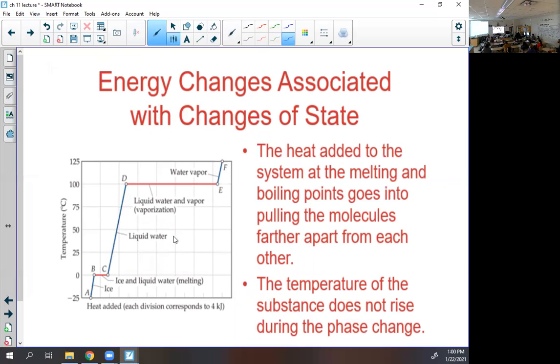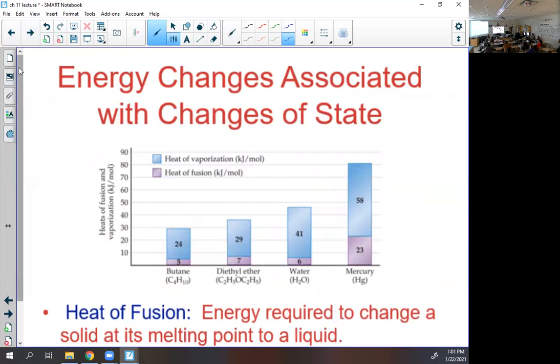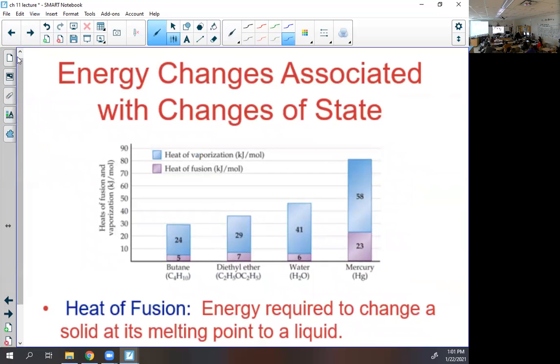The way you can see it here is the distance of this segment versus the distance of this segment. You'll notice there's way more heat added to vaporize than heat added to melt. So you'll need to be able to see it on an actual picture. You okay with that? And identify why it's flat? We'll come back, and most of this is going to say the same stuff. It takes less time for ice to melt than it does to boil water, right? That's why. Absolutely.